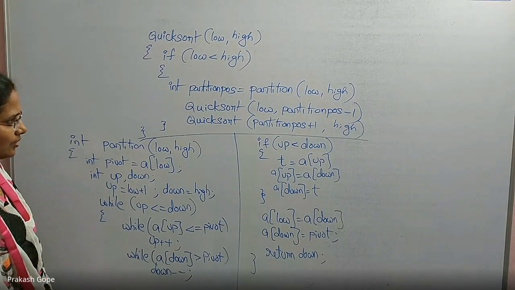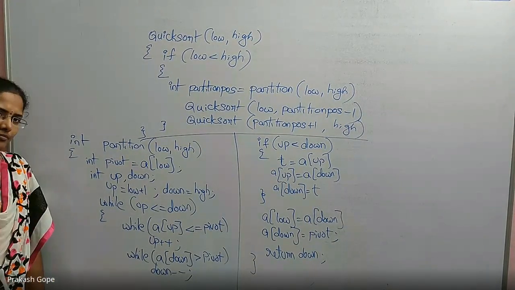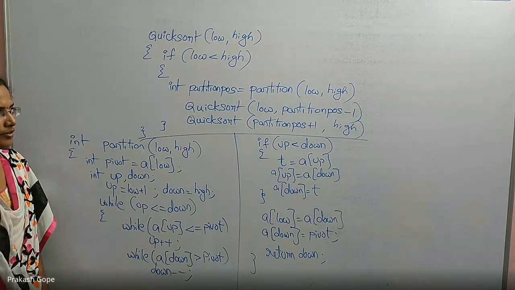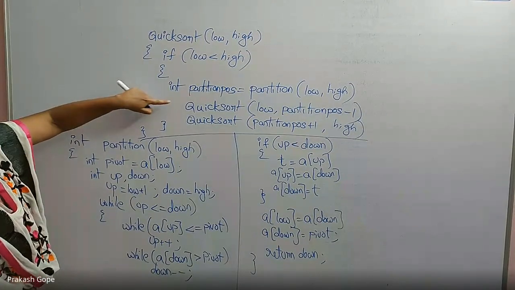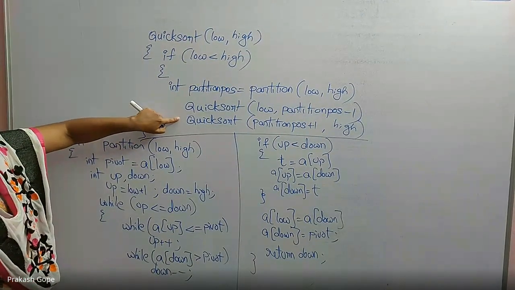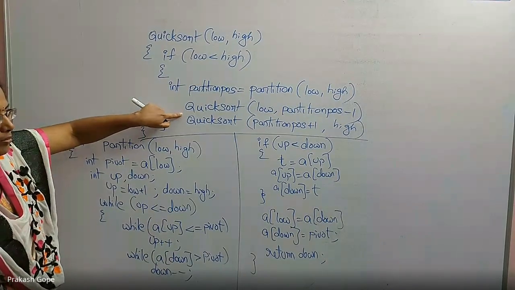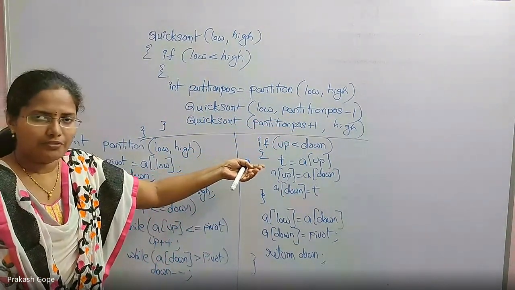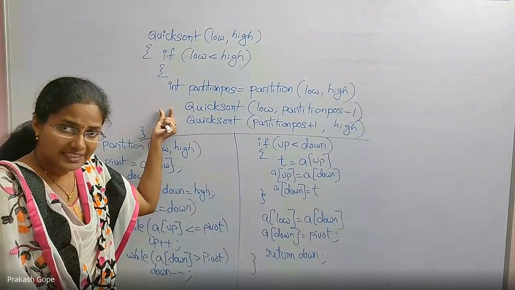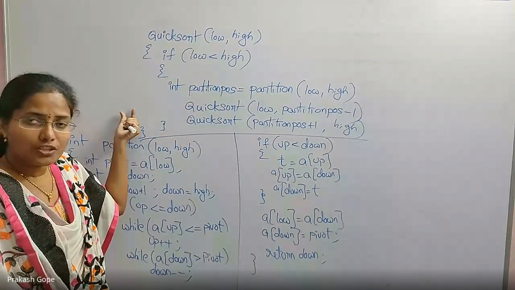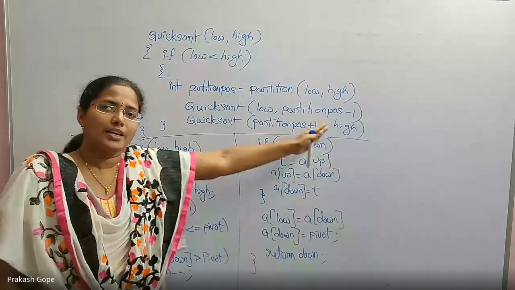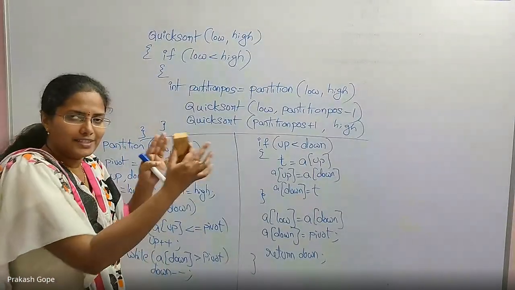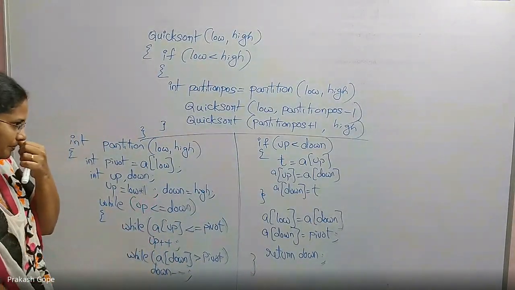Now we will analyze this quicksort. This is quicksort algorithm. There are two calls, but then we don't know that they are equal number of elements or not on both the sides. There is no guarantee. In the previous example that we have seen, the pivot element occupied the second place. So the first array has only one element, but second array has so many elements. So there is no guarantee that these two calls are on exact two halves.